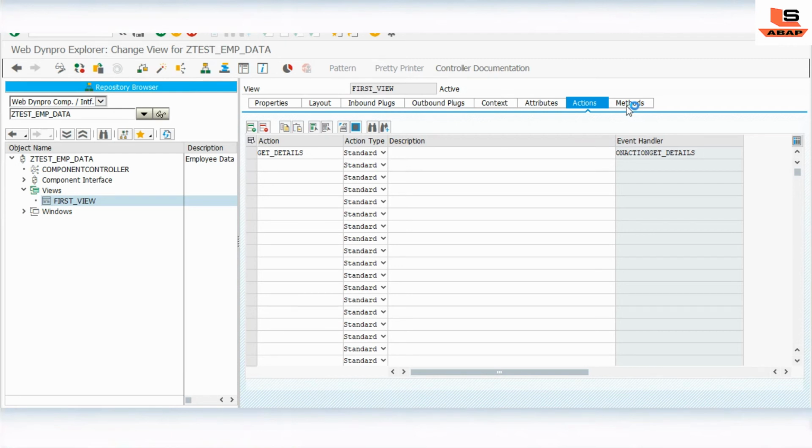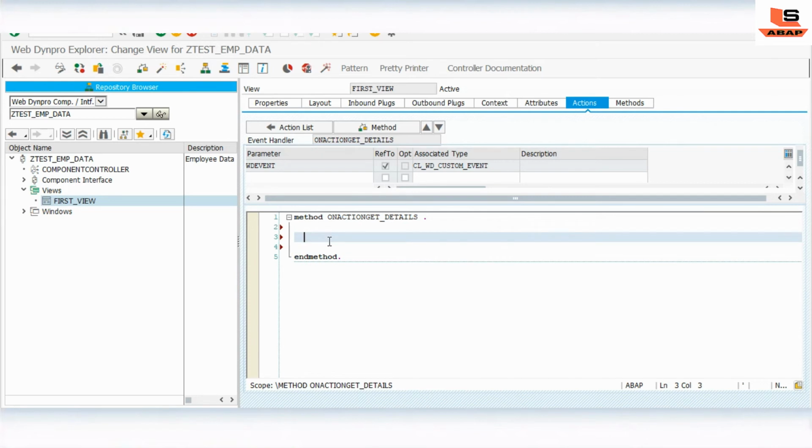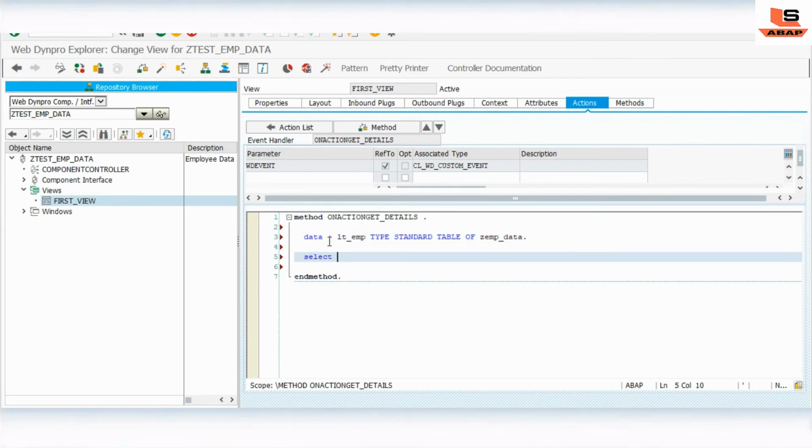So here we will define the internal table as employee, type standard table of the table name, employee data, and we will fill in all the data from ZEMP data into table